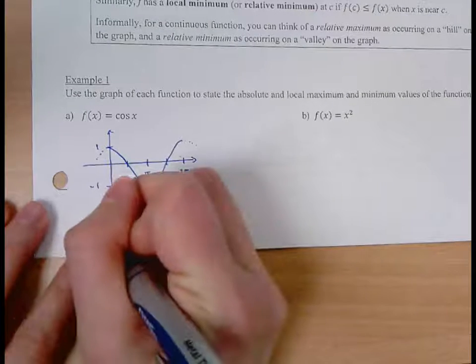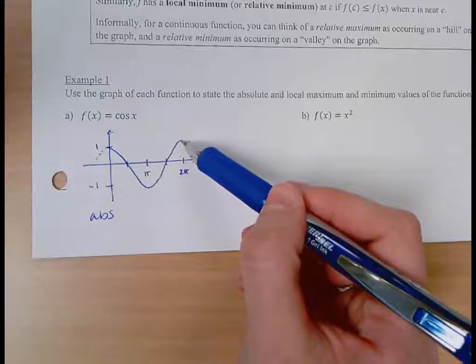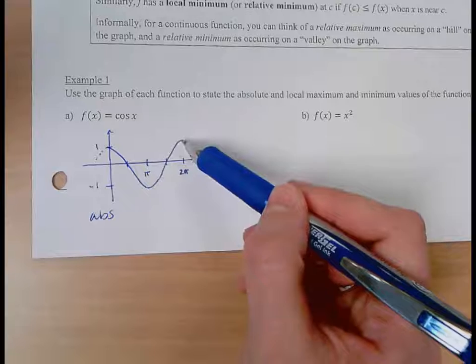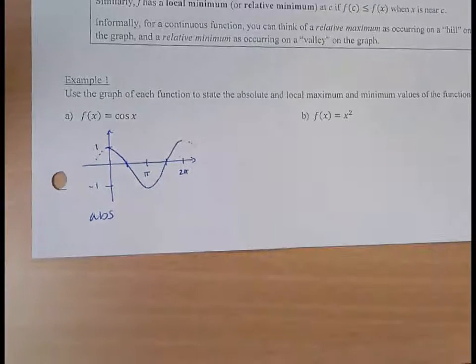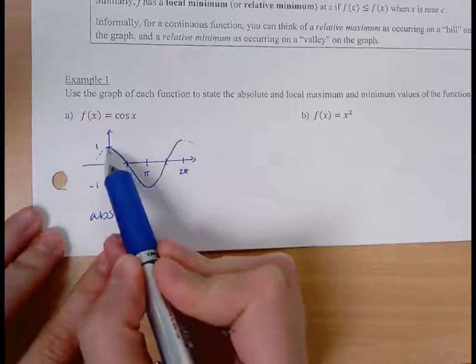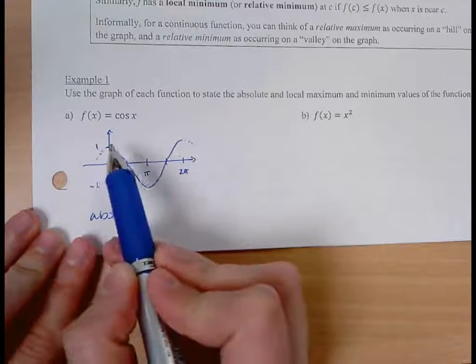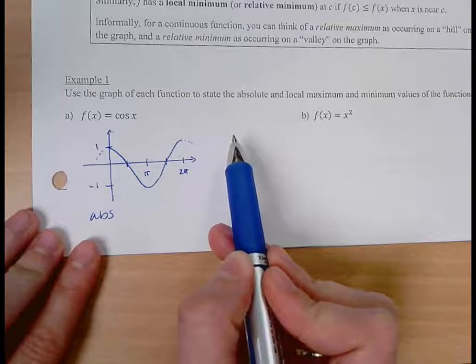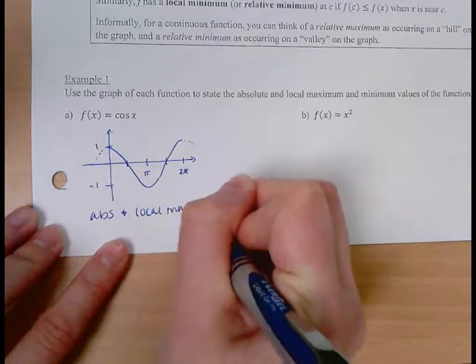Well, if you made it an endpoint, it still would be absolute. If it's an endpoint, it wouldn't be a local. Yes. Yeah, if it was strictly from 0 to 2 pi, there wouldn't be a local max. So there's an absolute, I'm going to say absolute, because all of these absolute maximum values are the same y value, they're also local maxes. So there's an absolute and local max